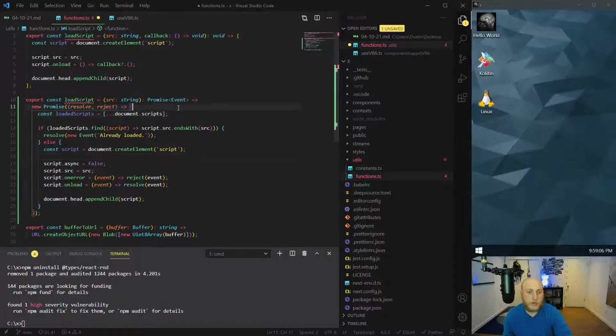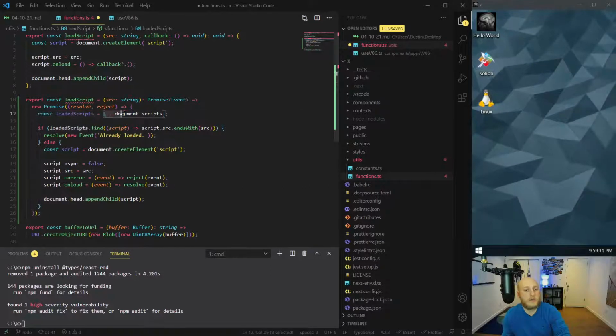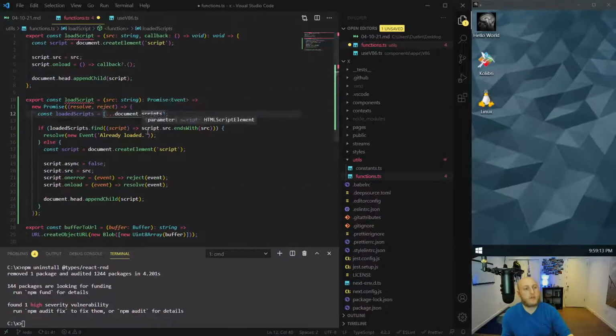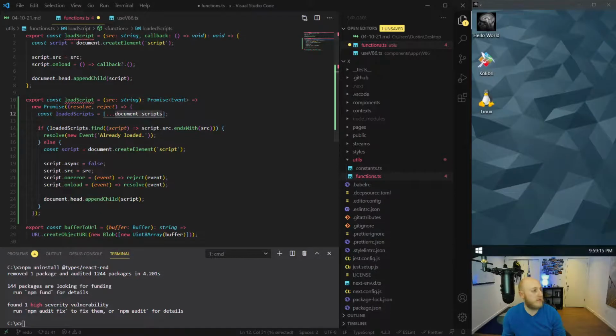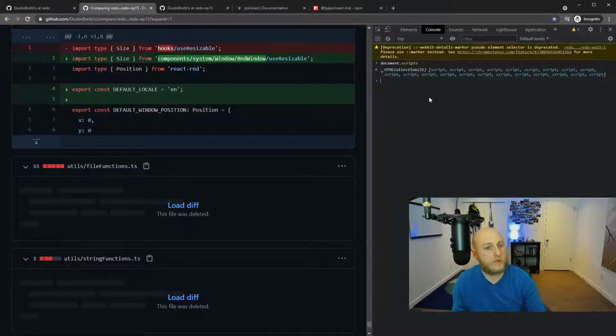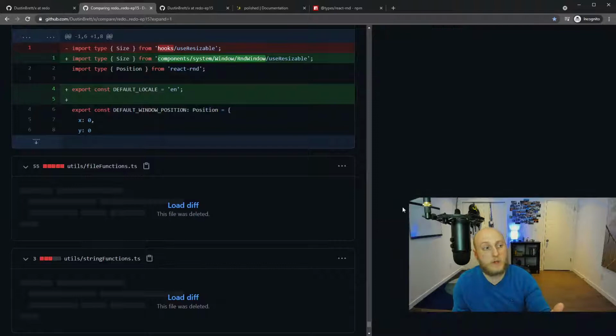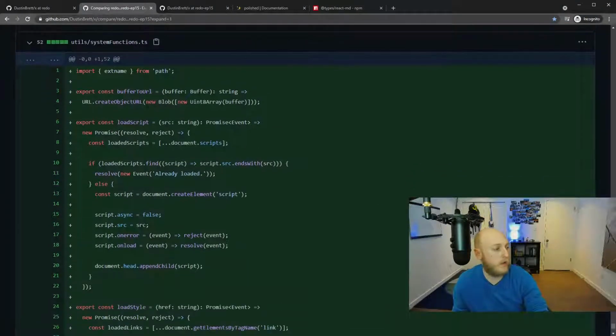So what else did I do here? Oh, I also added a caching mechanism. So first I check for loaded scripts by going document.scripts. Document.scripts has all the scripts. So if I were to go to the browser right now and just do F12 and I do document.scripts, you see here a big list of all the scripts. That's all the scripts that are on the GitHub page. And that's dynamic in that if I add more to it,